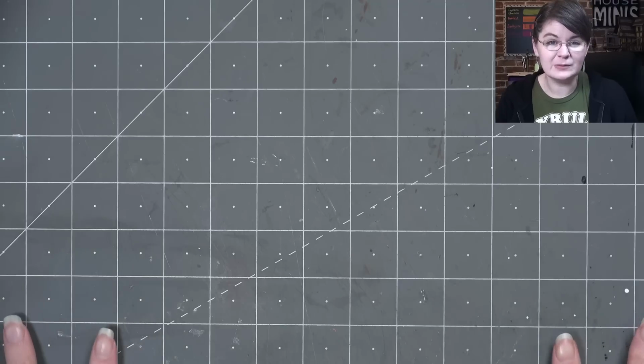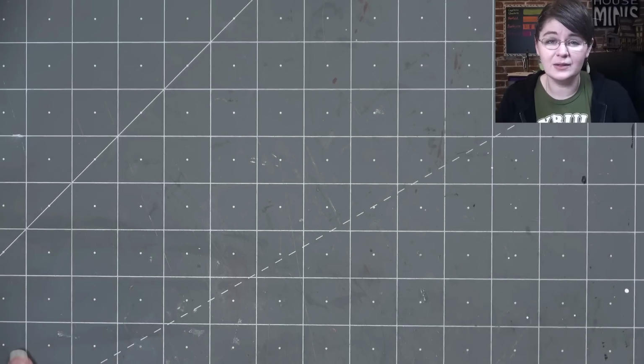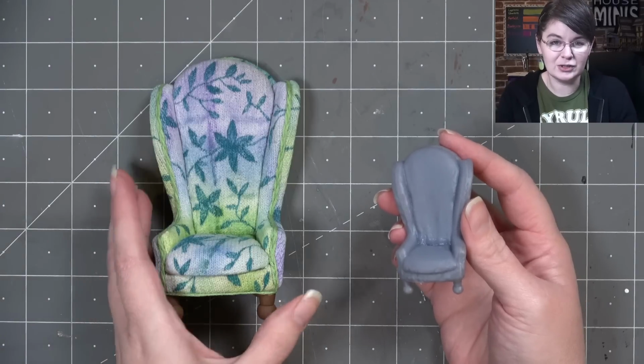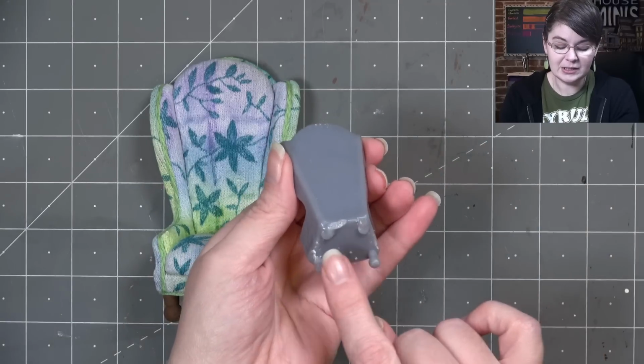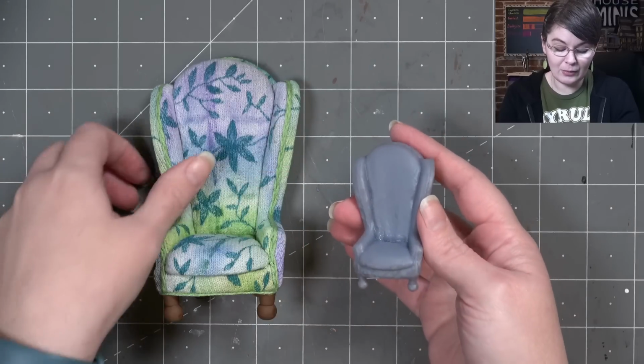I've got all the prints with their correlating objects here, so let's compare and see how the prints actually came out. Our first print was the sock chair, and I did have a printing issue. This had nothing to do with the scanner. It just didn't print the little back legs for this chair,